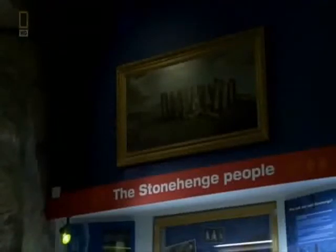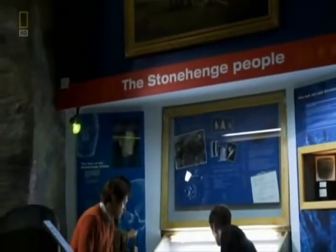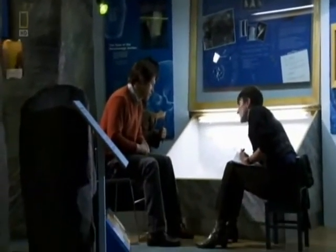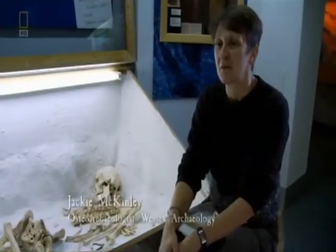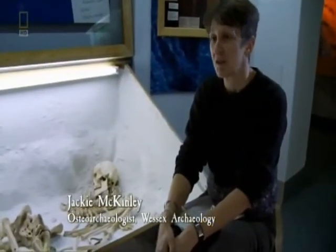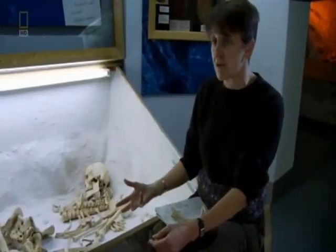Before we uncover how he died, I want to ask Jackie what his bones tell us about the lives of Stonehenge people. What was life generally like in Britain during this period? I think there's a bit of a myth, really, that life was nasty, brutish and short. But this guy looks a lot better than a lot of 18th, 19th century individuals you would have